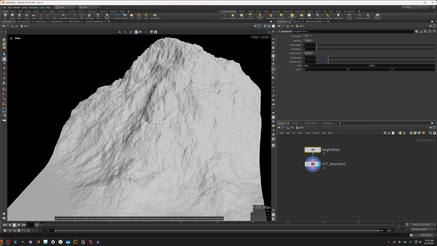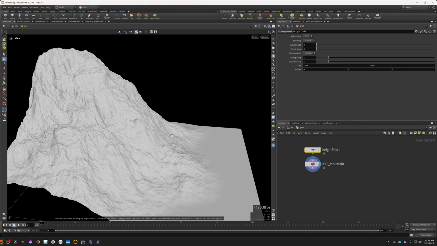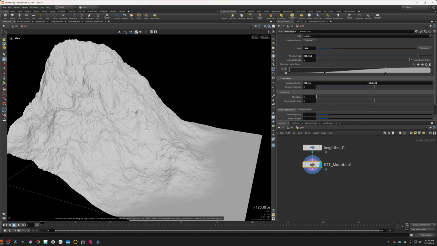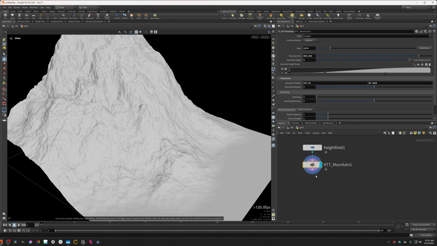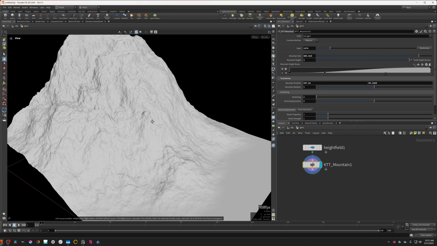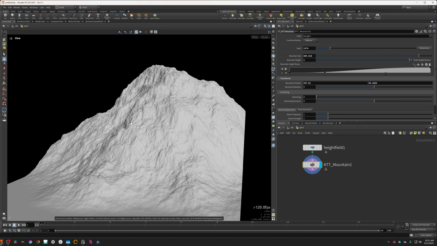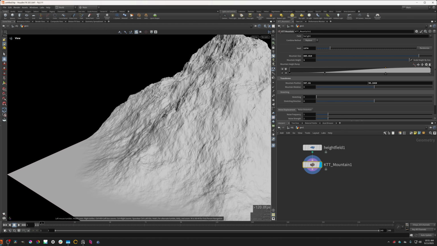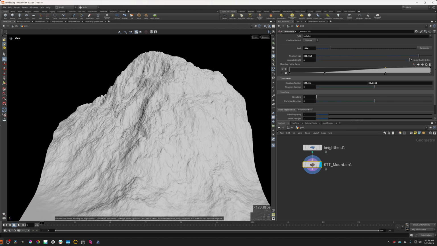So in Houdini, I have this very basic scene set up. I just have a mountain that I've scaled up a little bit and moved to the side, and this will just be our basic slope. So I'm going to start by applying a displacement texture to the terrain, and this displacement texture will add a lot of rocky detail to the sides of this slope that